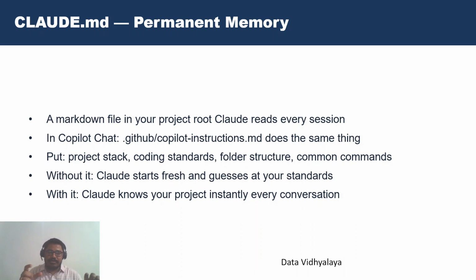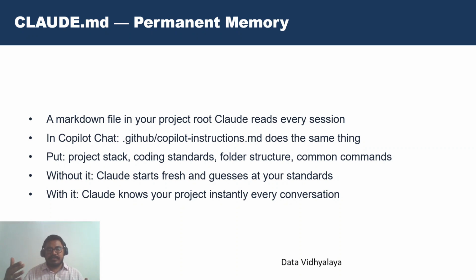If you want to divide and segregate that into different GitHub repos, you can create a .github folder, and within that you can pass the same instructions in a copilot-instructions.md file. The small difference here is that Claude.md is accessible to all the repos. For example, in your system you have different repos: one repo related to a data science use case, one related to a data analytics use case, and one related to a data engineering use case. You wanted to